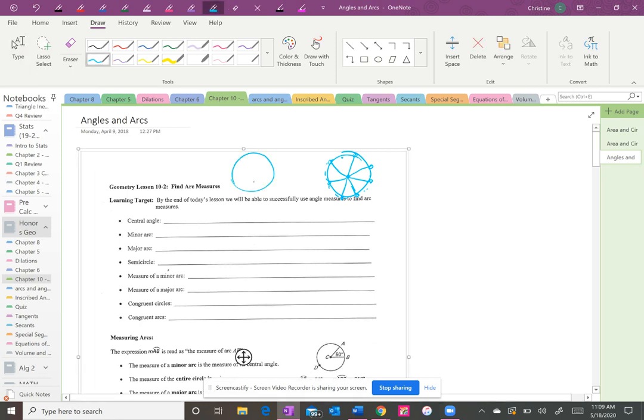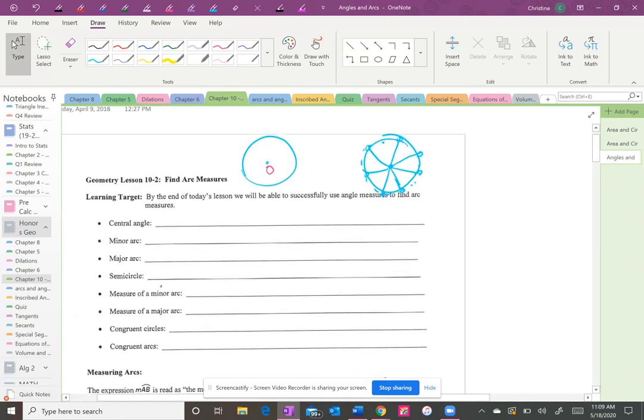Every circle has to be named by its center. And I don't know why, but usually the center is called O. Okay, so this would be circle O. The central angle is an angle whose vertex comes from the center. So this would be your central angle. I'm going to write these real quick. So, vertex at center. Okay, once you make your central angle, you'll see that it kind of splits the circle up almost like